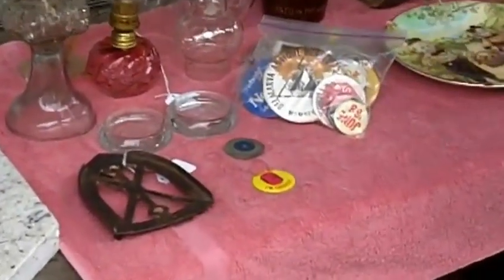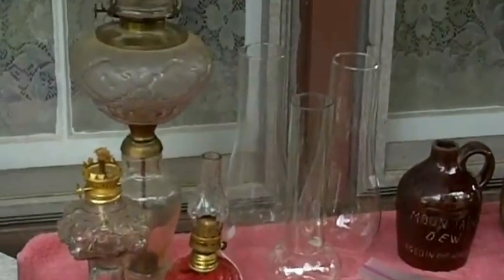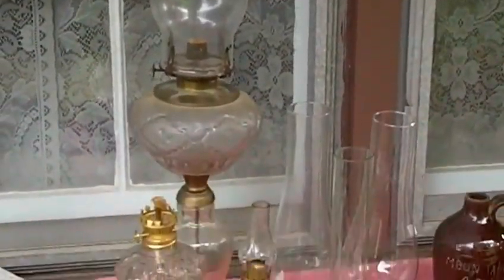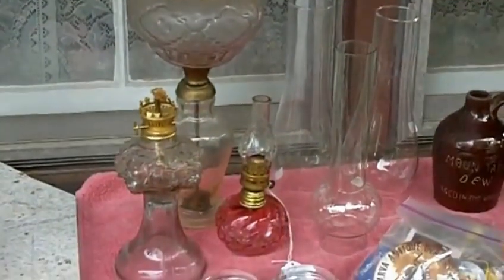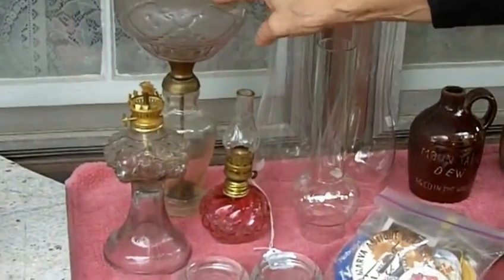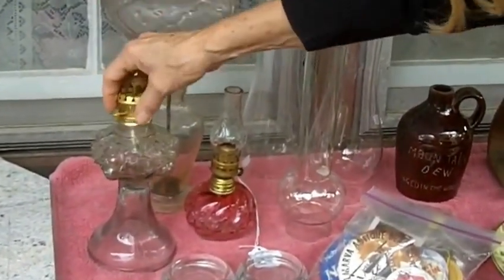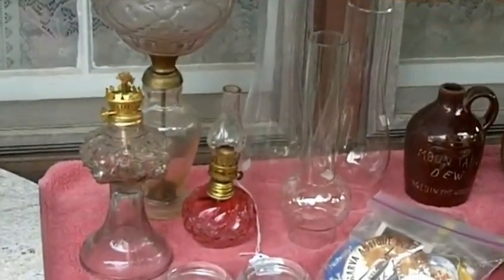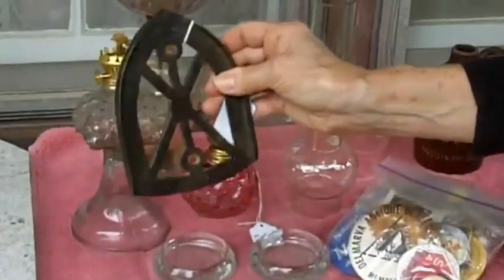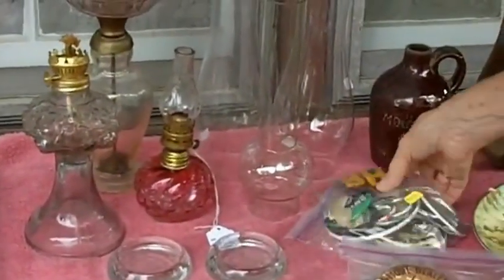All right, continuing on, I did find some oil lamps. Unfortunately, by the time we got there, she told me that she had had tons of oil lamps. This was her uncle who had passed away in January, and apparently they collected all kinds of antiques. I got kind of the leftover pickings, but I did get 3 that I think are kind of nice and unique. This isn't the right burner for that one, but anyway. And 3 chimneys, a couple of glass furniture coasters, an iron trivet, couple bags of neat old pins,